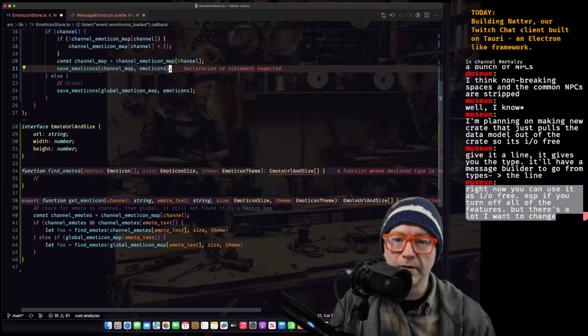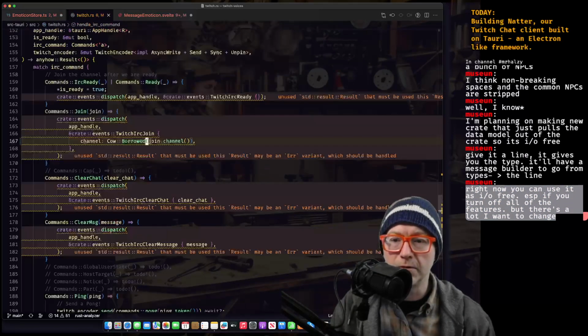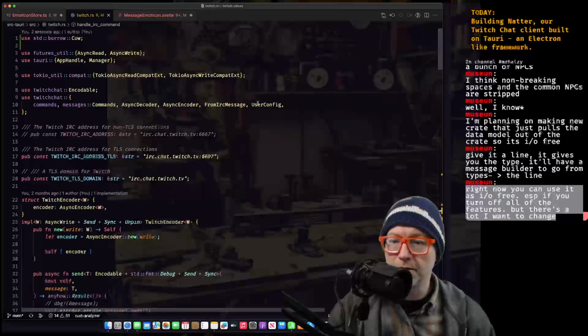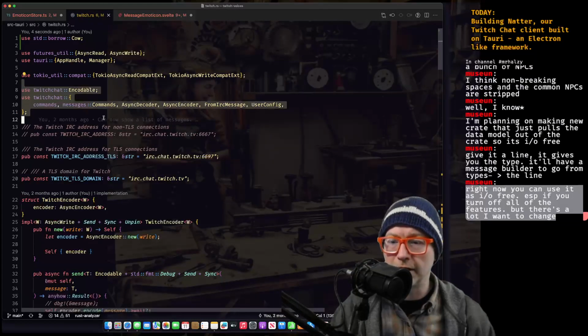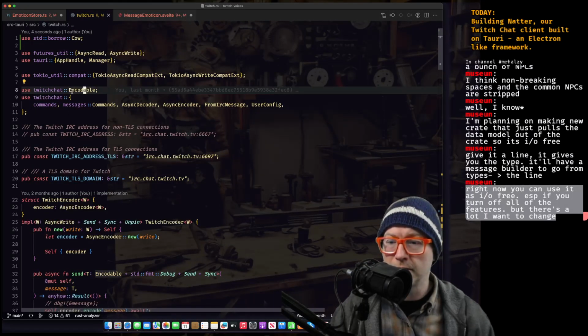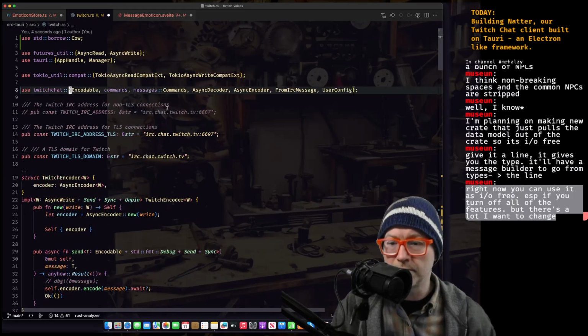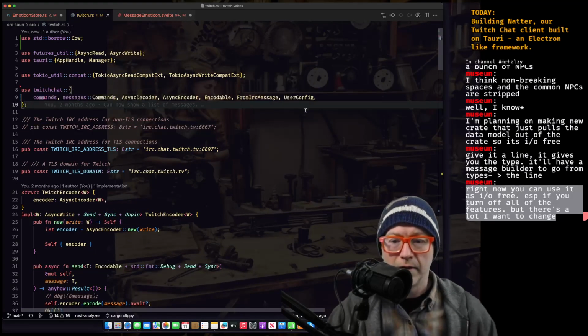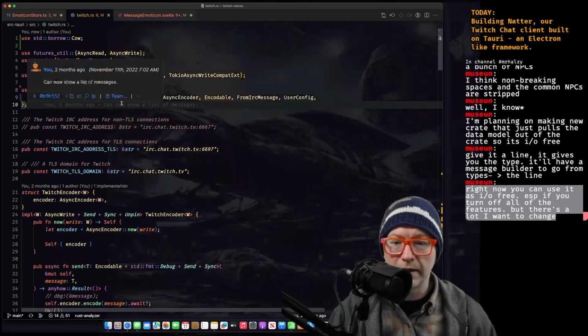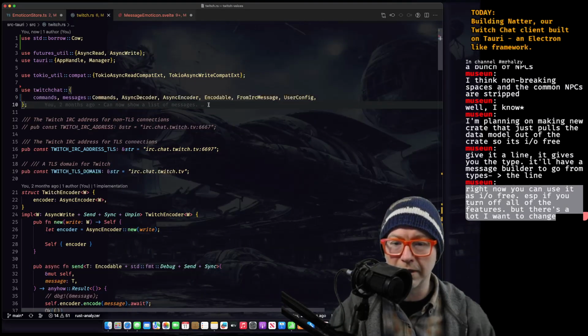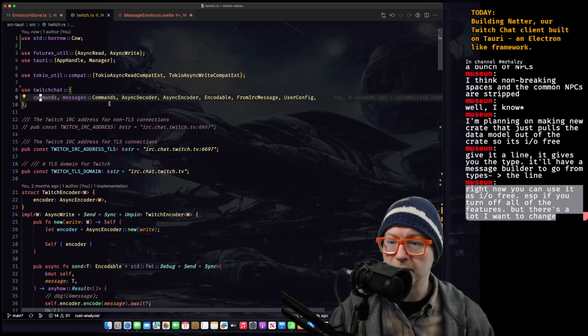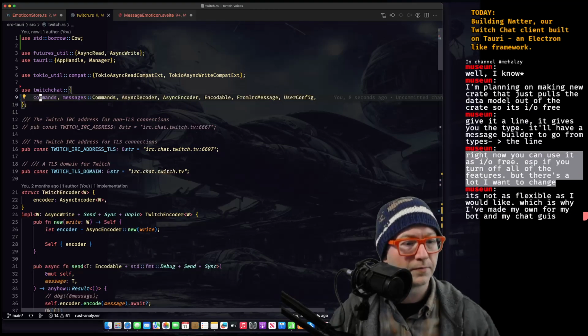In Twitch here. So basically, with Twitch chat, we use encodable. Why are these not merged? There. Async encoder and decoder, commands, encodable from, and user config, basically. Oh, then commands. So.